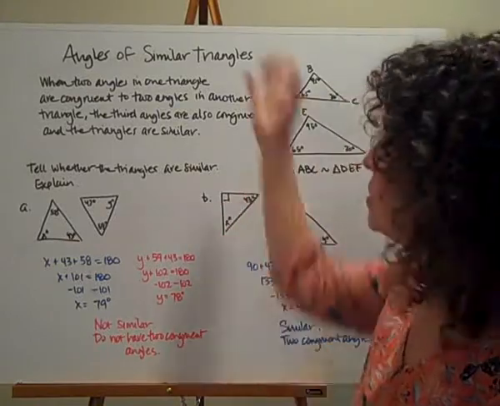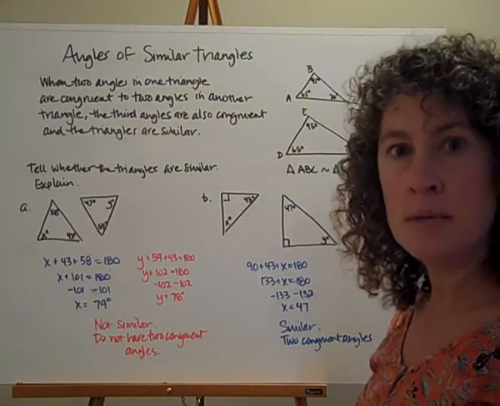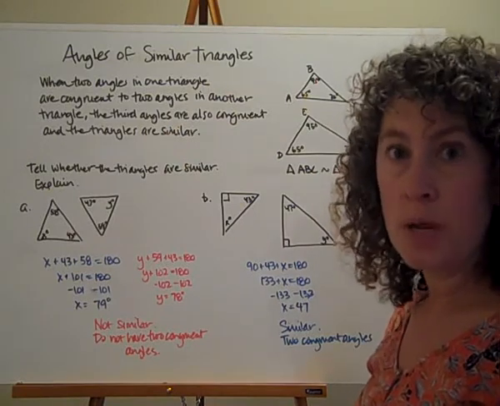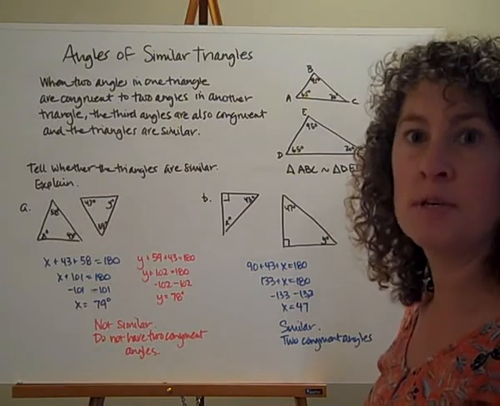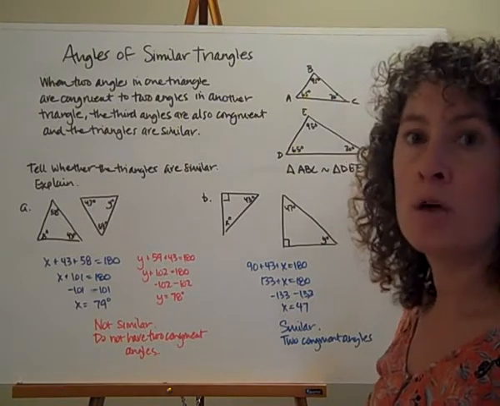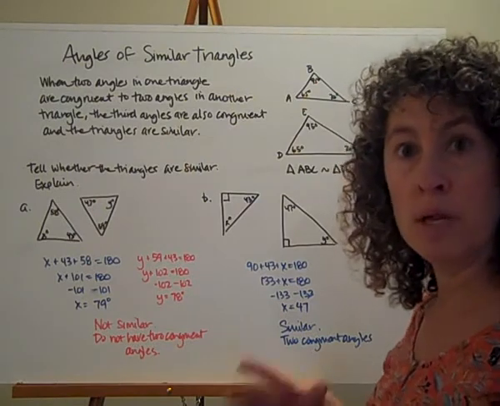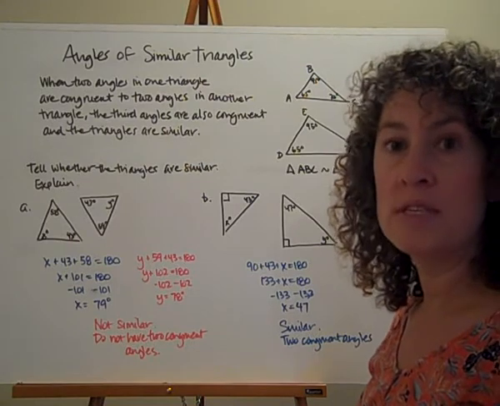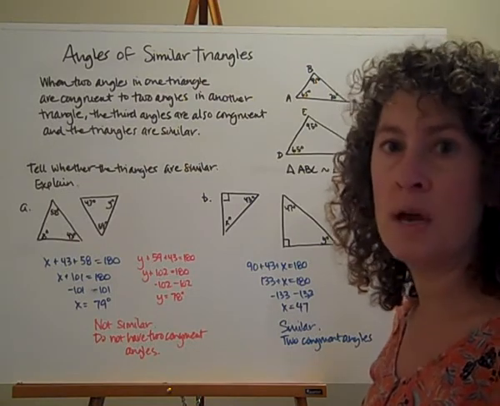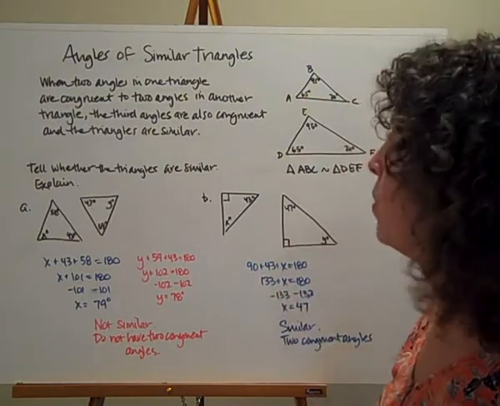So we're looking at similar triangles here. And remember we said that similar shapes have the same shape, the same angles. The only thing that's different about them is their size, and their sizes are proportional. So again, if I put it on a copy machine and made it bigger or smaller, the angles and the shapes are the same, but the size is not, but the sizes are proportional. So I can talk about measuring the sides and having them be proportional.